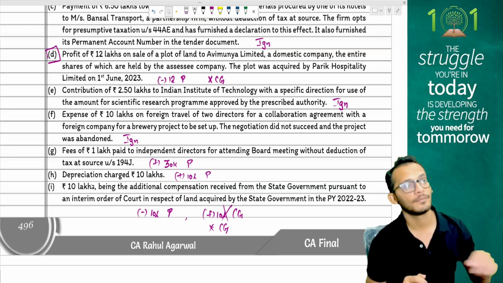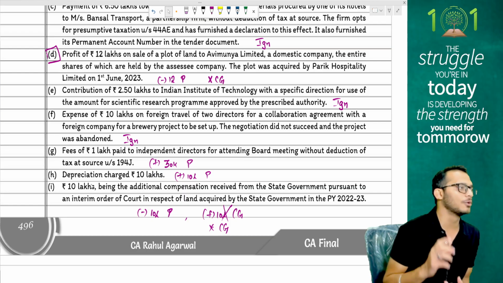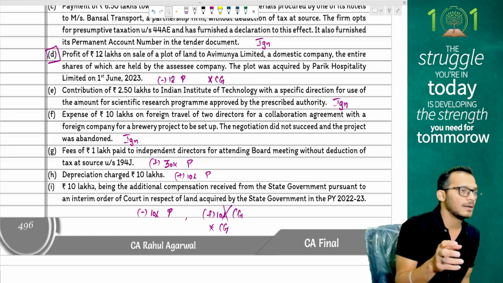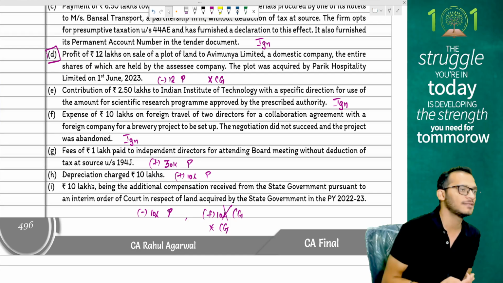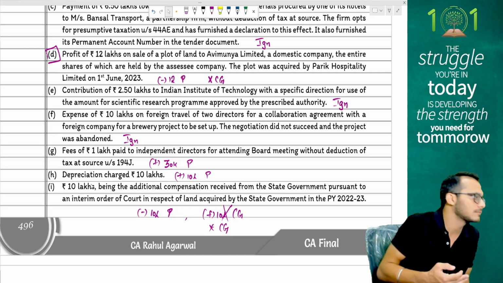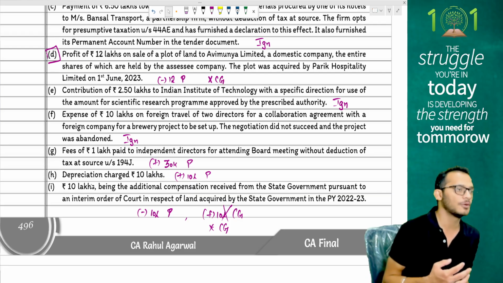Can be so. But it kind of looks weird, Manav, because you're not using the word brewery business. You're talking about a project, right? A project would not necessarily mean you're opening up a new line of business itself. A project would necessarily mean that you're taking up an initiative, basically. Right, that's what I would probably put as an assumption.